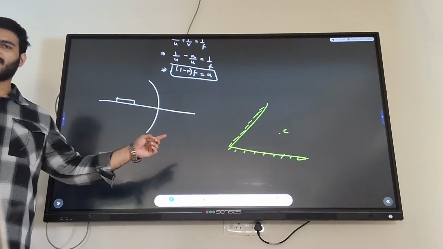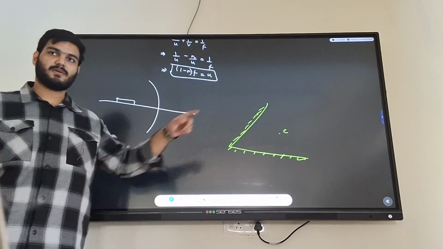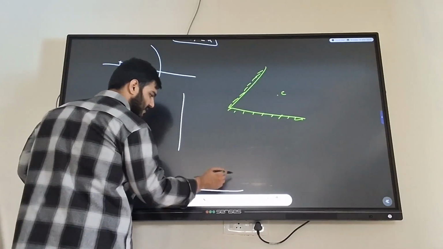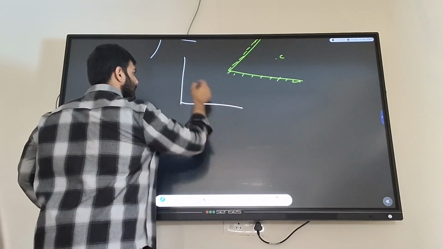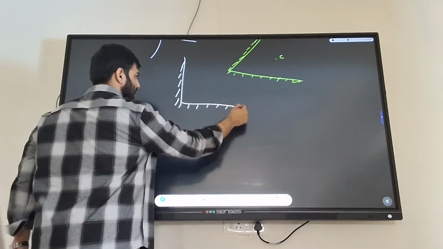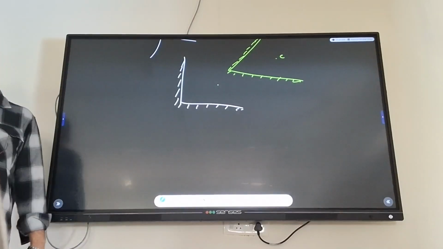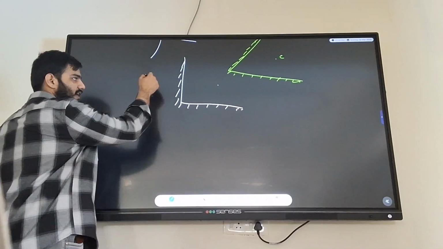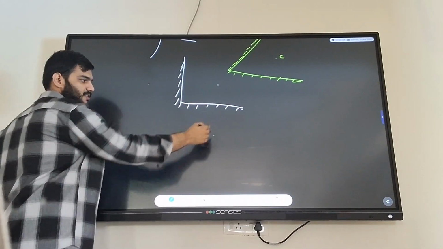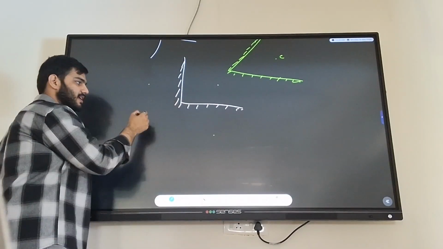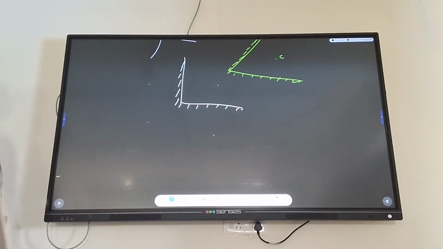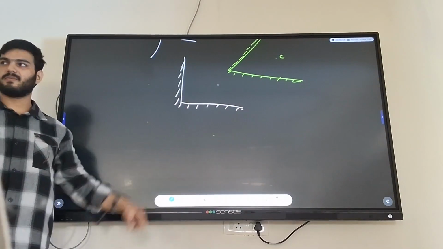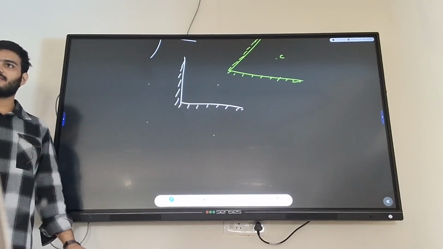I will also make ray diagrams and then find where the images are formed. That's also good. Just for fun, can you tell me how many images will be formed in a case like this, if I have a candle here? Three images. Where should they be? There will be an image here, and also an image here. And why should there be an image here? That we will talk about. I think these two images are very clear, but why the third one? We will discuss that.